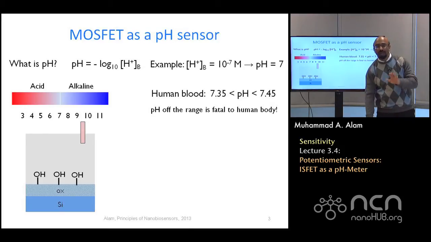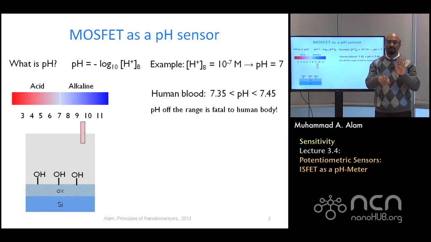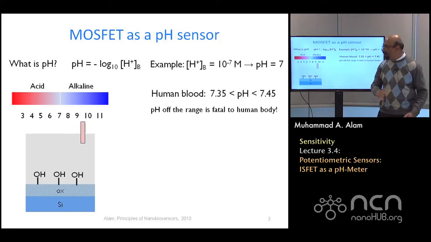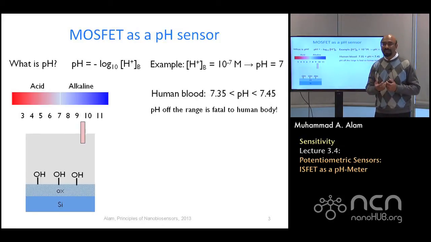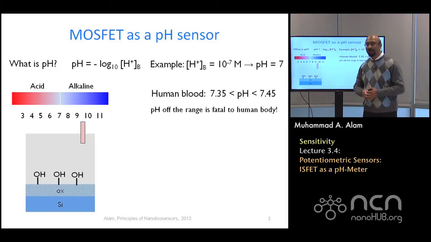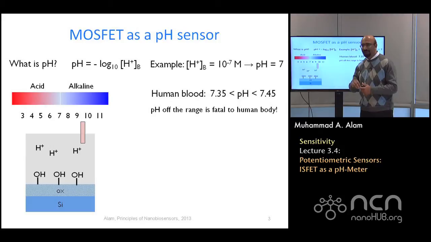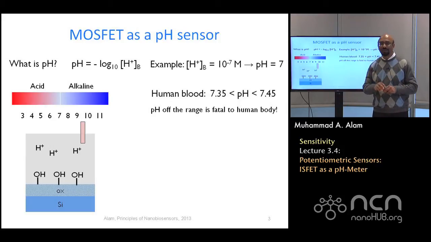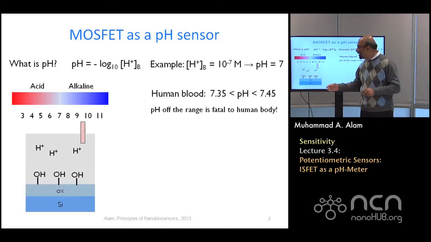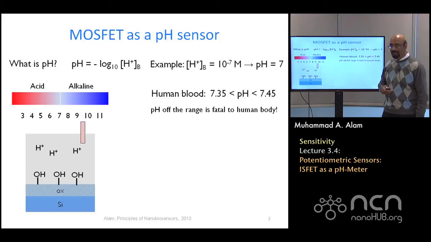Remember, for the biomolecule, we had to explicitly plant receptors so that the other DNA could come and attach to it. Here we get the receptors for free, because as soon as you put the oxide in water, all these sites, dangling bonds, pick up hydrogen and become OH sites. Now, where does hydrogen come from? Well, it turns out that a small fraction of water, when you put it in, can dissociate into hydrogen and OH ions, and some of those hydrogen can come and sit on the sensor surface.